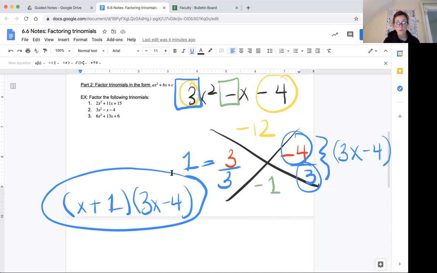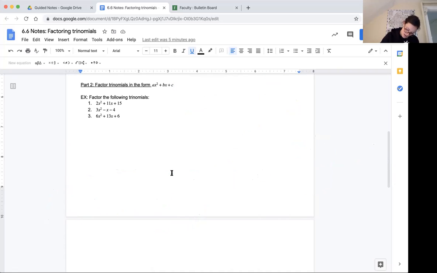Remember, when you have something ax squared, so you have a coefficient on your x squared term, you can use the x method exactly the same, except you have to remember at the end to divide by that a and then to write your factor correctly, right? So negative 4 over 3 becomes 3x minus 4. Denominator times x plus numerator. All right, one more example here. We have